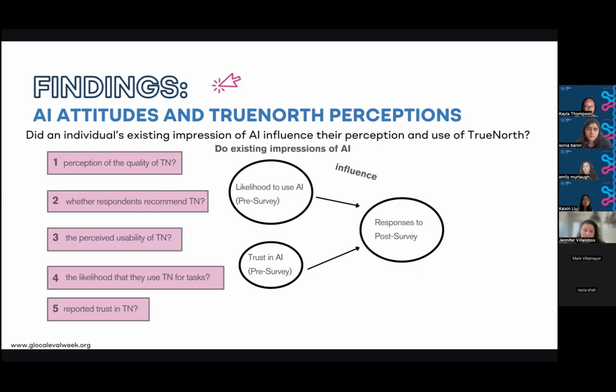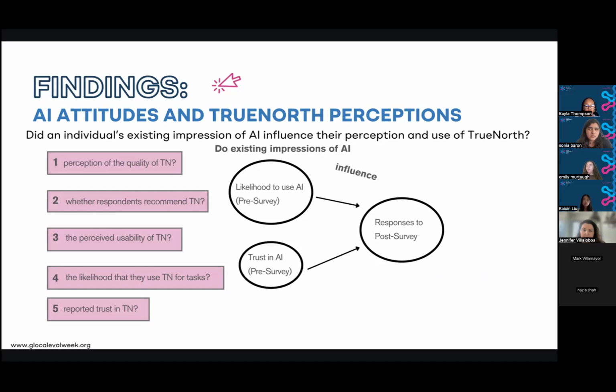We measured their responses and saw if they were influenced by their likelihood to use AI and their trust in AI. Given the small sample size, bootstrapping was employed to estimate the 95% confidence intervals and p-values.